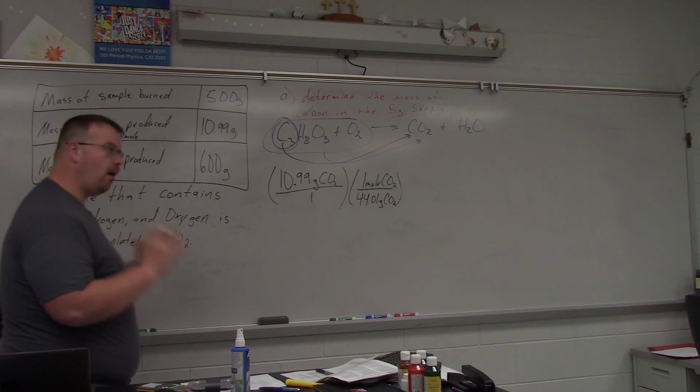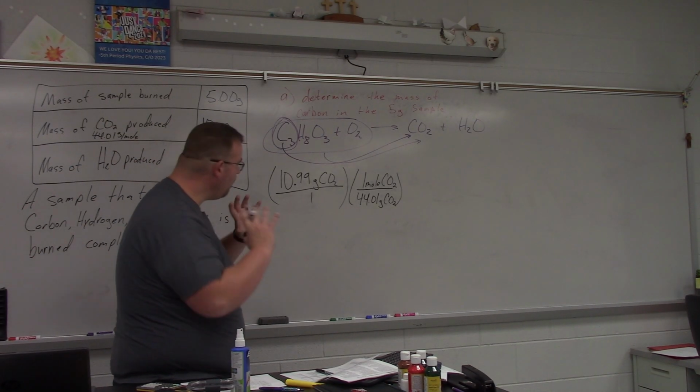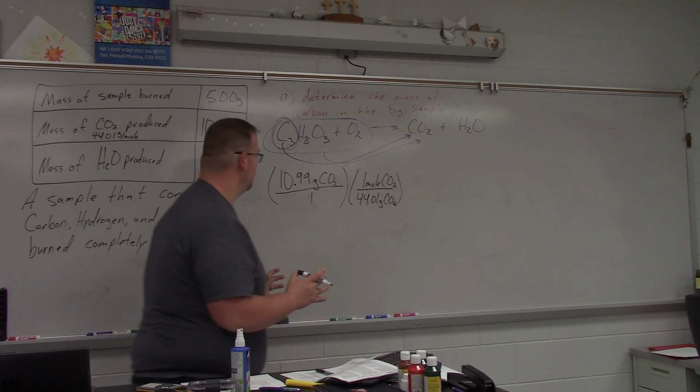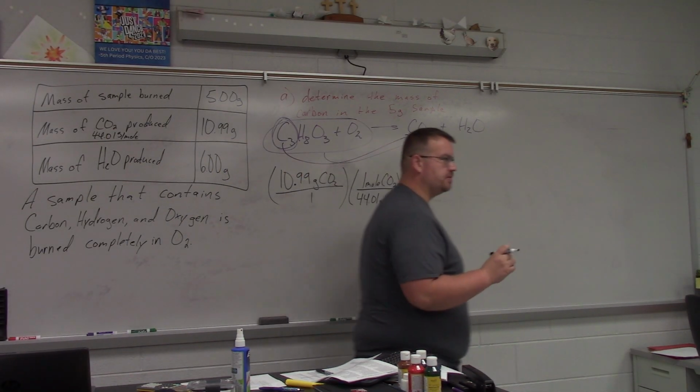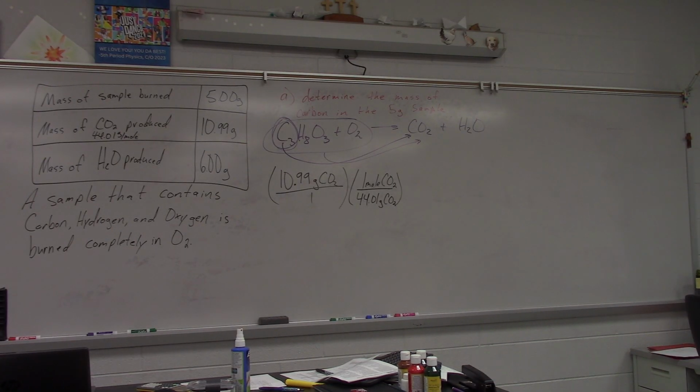If I have 1 mole of carbon dioxide, in 1 mole of that carbon dioxide I can break that into parts. What's making up the mole of carbon dioxide? In every carbon dioxide, there is 1 carbon and 2 oxygens. So when we're saying 1 mole of carbon dioxide, I also have 1 mole of carbon, because there's a 1. I have 2 moles of the oxygen. So I could use that identity